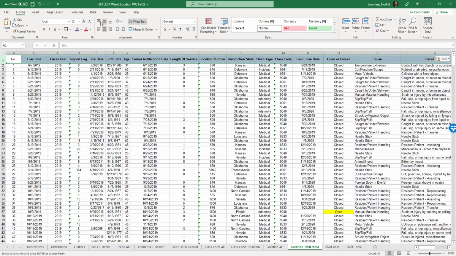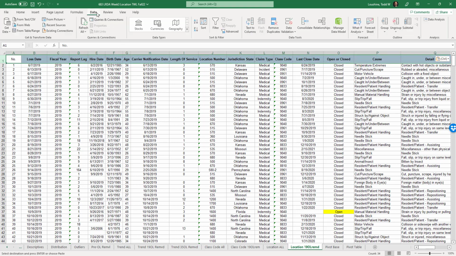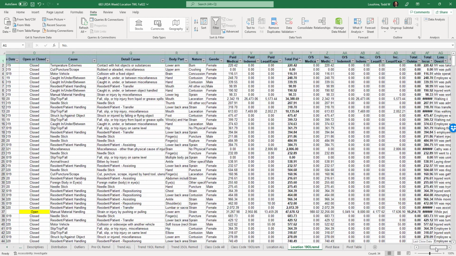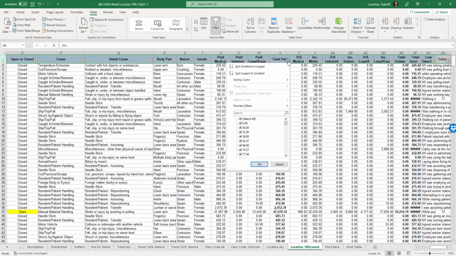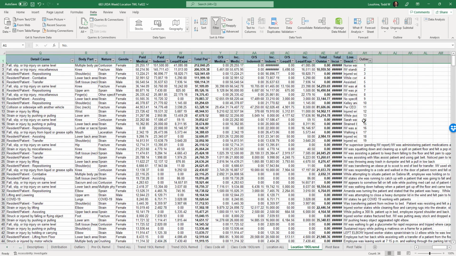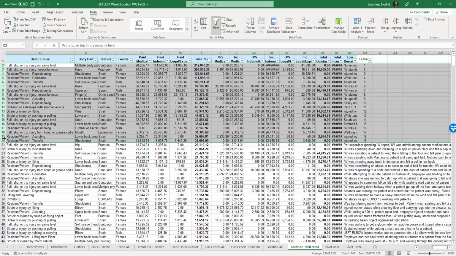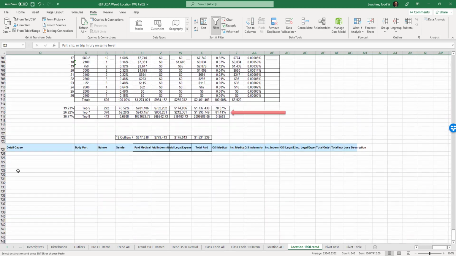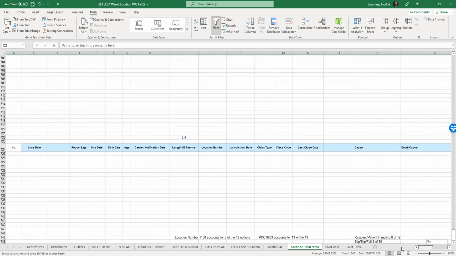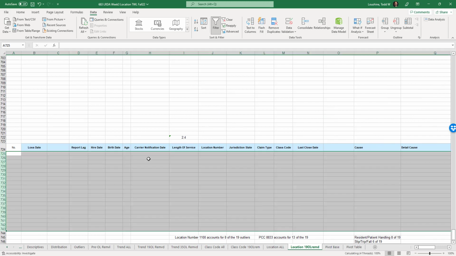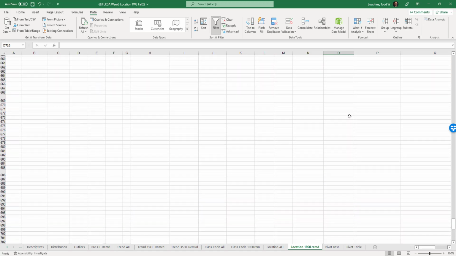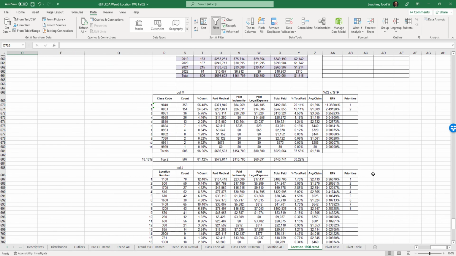So what I'm going to do is turn the header row into a filter. And we're going to filter by total paid, high to low. So that brings up all of our outliers. So now what I can do is highlight those rows and cut, Control X. Go down below. Paste them. As you recall, everything updates, but now we may have to resort.